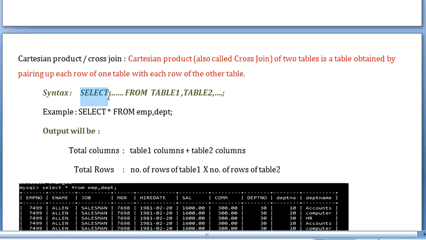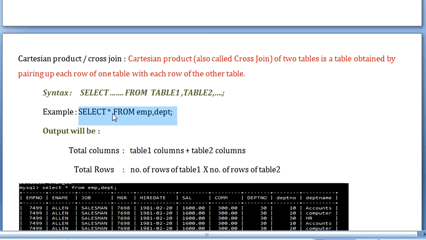So whenever you want to use joins, you have to use the select clause. This is the syntax: select, then the dots represent the columns that you want to fetch. You can use column names. Then comes from, then the table names. However many tables you want to join, those table names you have to use, like table 1 name, table 2 name, table 3 name, and so on. Right now we are using 2 tables, that is EMP and department. So we are doing the cross join on these 2 tables. This is how to write the statement.